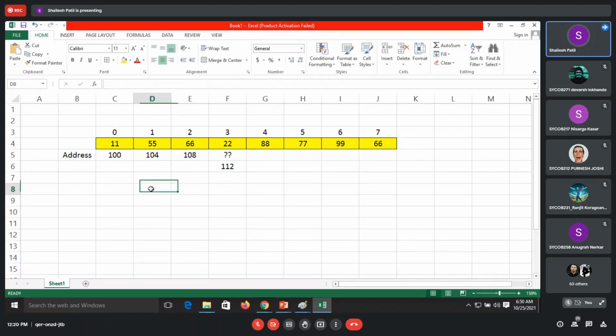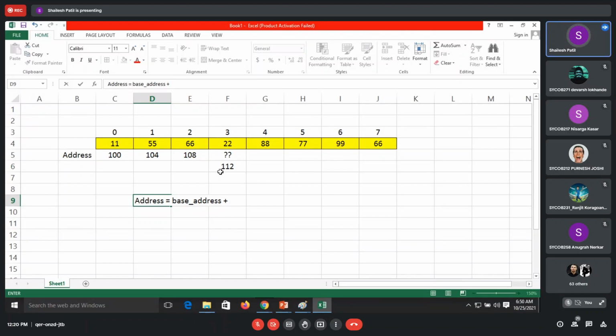Now, if we convert it into mathematical form, how can we calculate the address? Address is equal to the base address plus 4 into index.